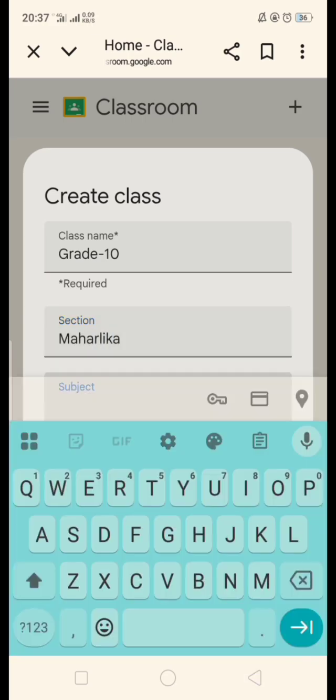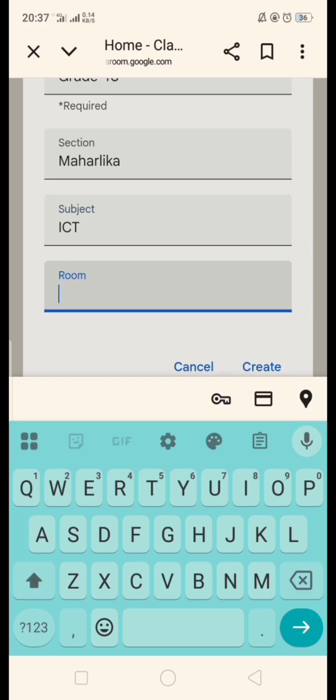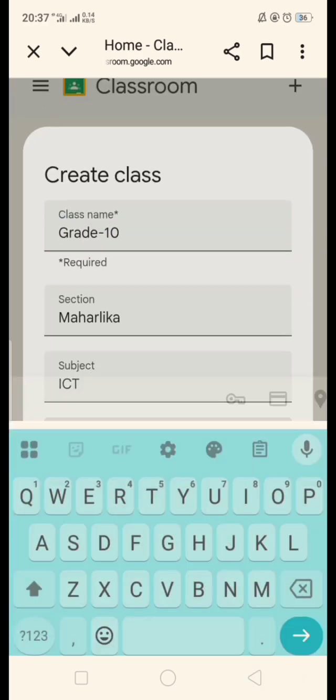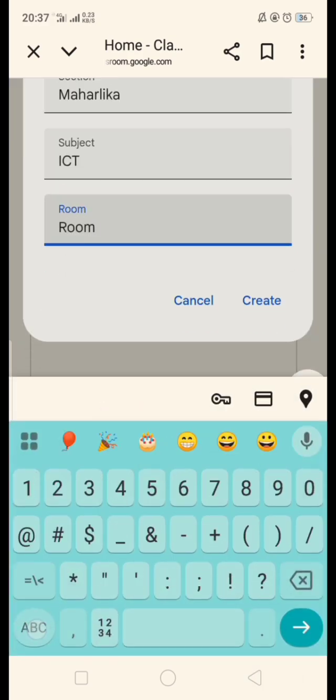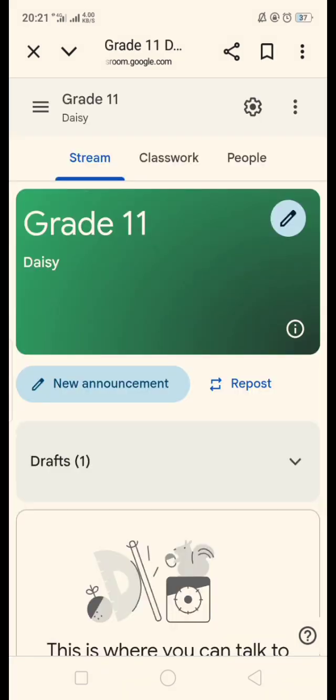And then for subject, I will put here, ICT. And then for the room, it's either on the second floor, first floor, room 1, room 2. But I will put here, room 2, and then just create. Just have to wait. It depends on how fast your internet is.